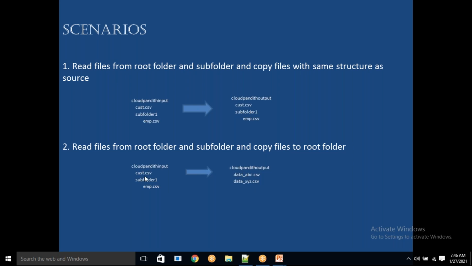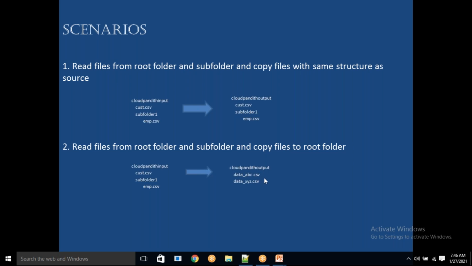Let's say here also we have cust.csv. If you bring this cust.csv file here, what will happen? You already have a cust.csv file, and you are trying to load one more cust.csv. It will not throw any error, but it will overwrite that particular file. To avoid this, we need to rename all these files when we are copying into a destination.